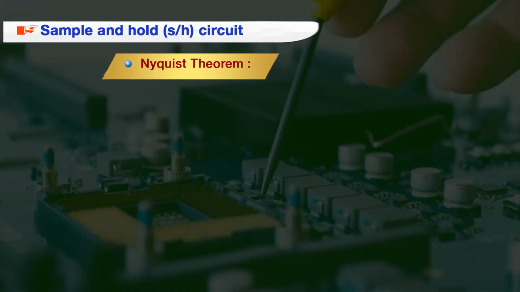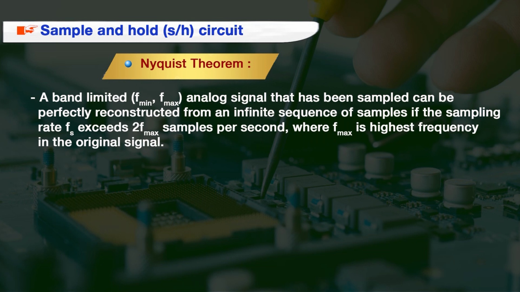Now the question arises, at what interval should sampling be done? To answer this question, let us go through the Nyquist theorem. The Nyquist theorem states that a band limited analog signal, where band limited means the signal contains many frequency components, but those frequencies lie in the range of f minimum to f maximum, that has been sampled can be perfectly reconstructed from an infinite sequence of samples, meaning a sufficiently large number of samples,